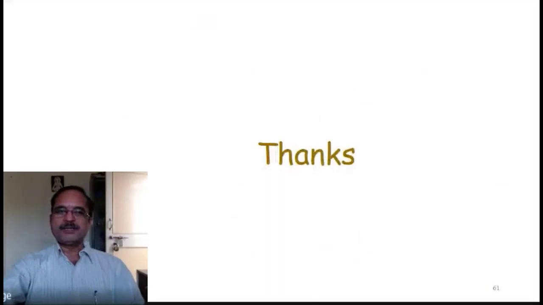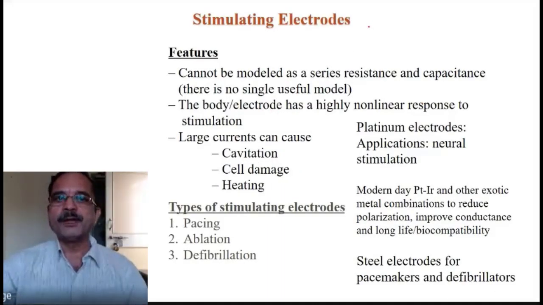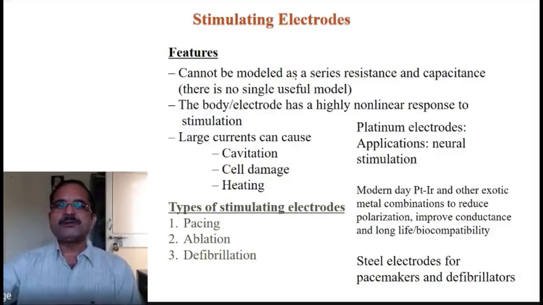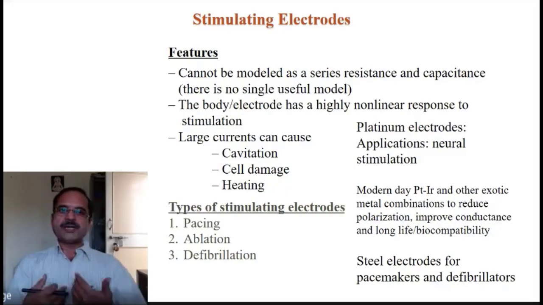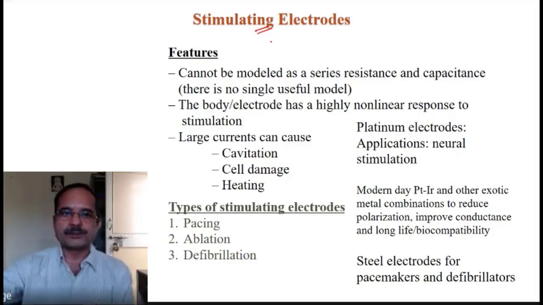Now this is the last point I will discuss, and then this topic is over. The last type of electrodes is stimulating electrodes. Stimulating electrodes are the electrodes which are used to supply electrical energy from outside of the body, externally. Typically, you might know there are some shock treatments. In those shock treatments, we supply some external electricity to the body. Those types of electrodes are called stimulating electrodes.